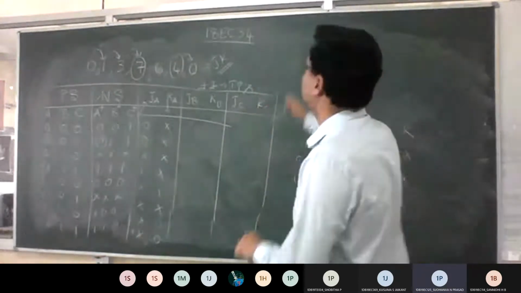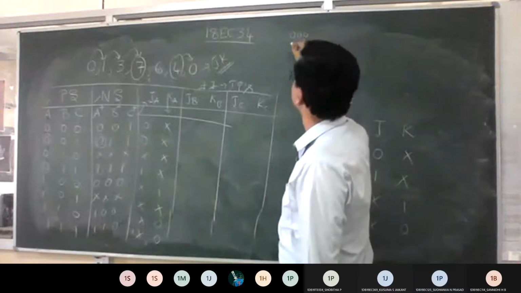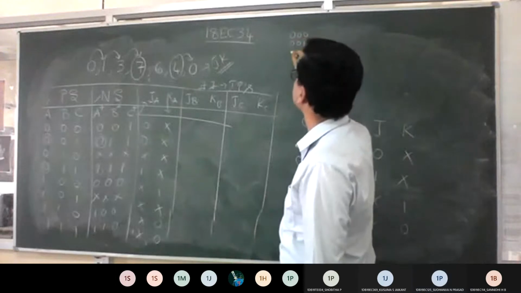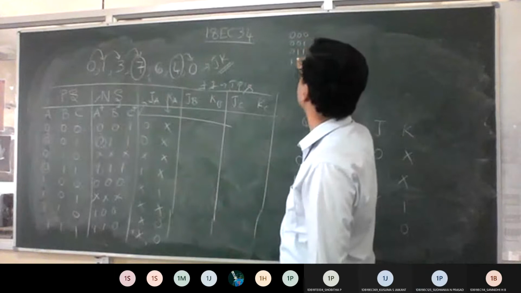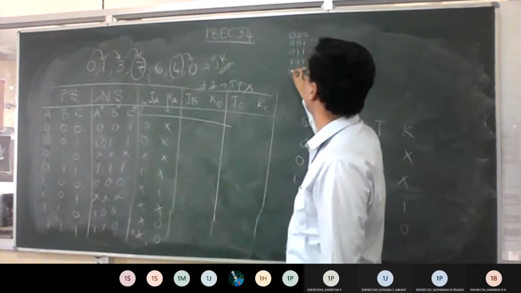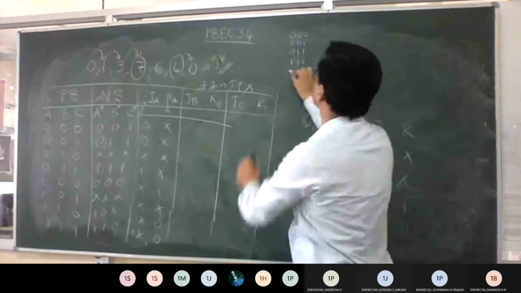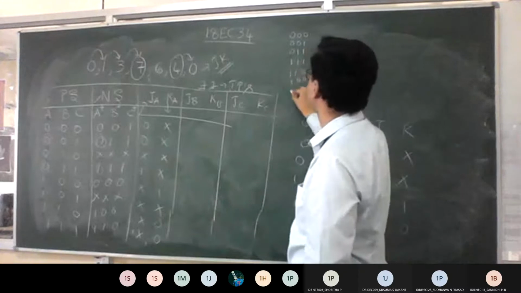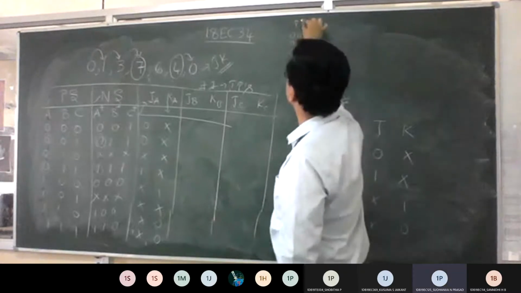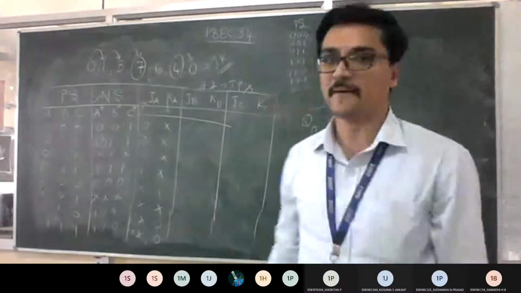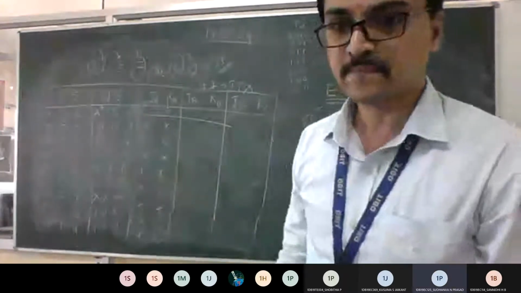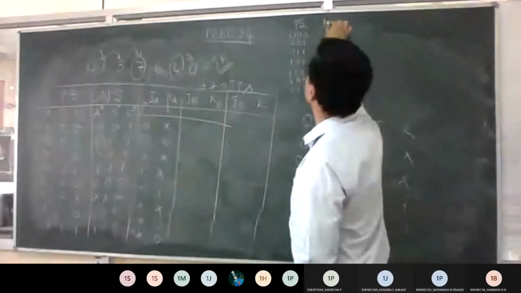You're telling like this: if you take 0, 0, then followed by 0, 1, then followed by 3, then followed by 7, then followed by 6, then 4. This is what you're telling, right? Yes, sir. You will take this itself as the present state. Okay, what will you write for the next state, let me know here.